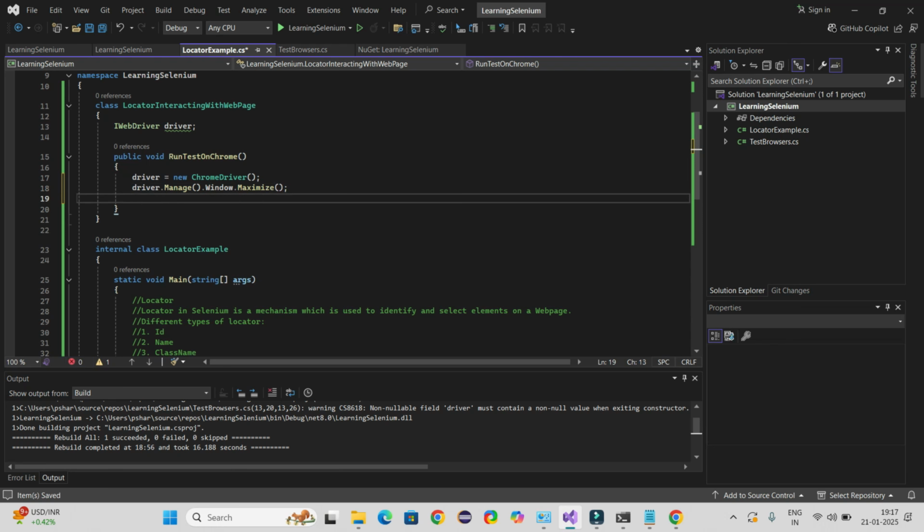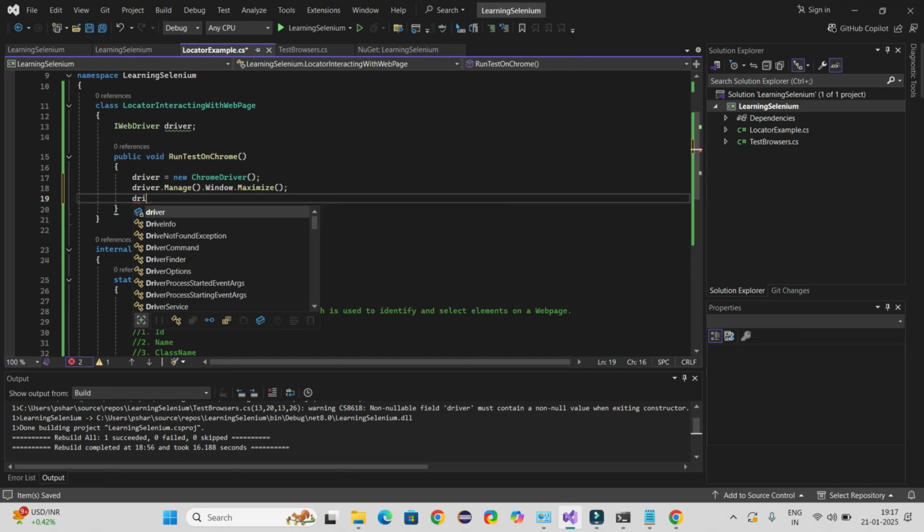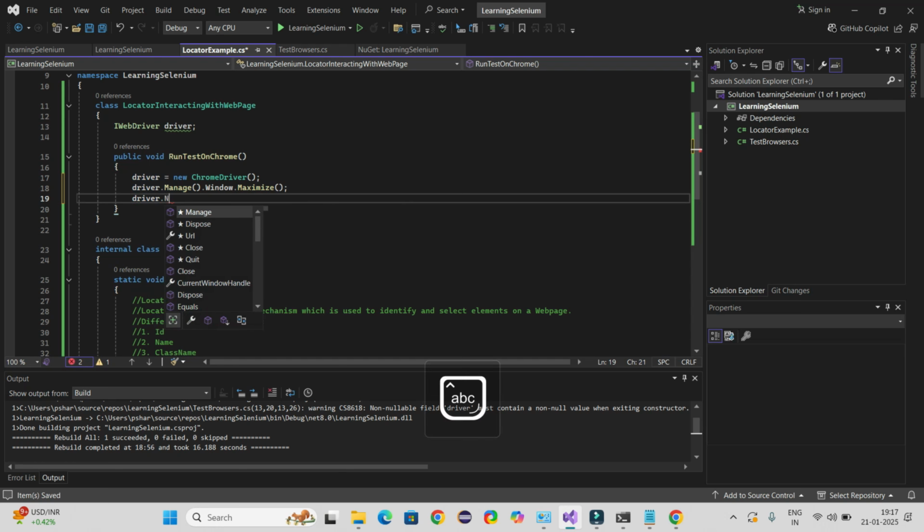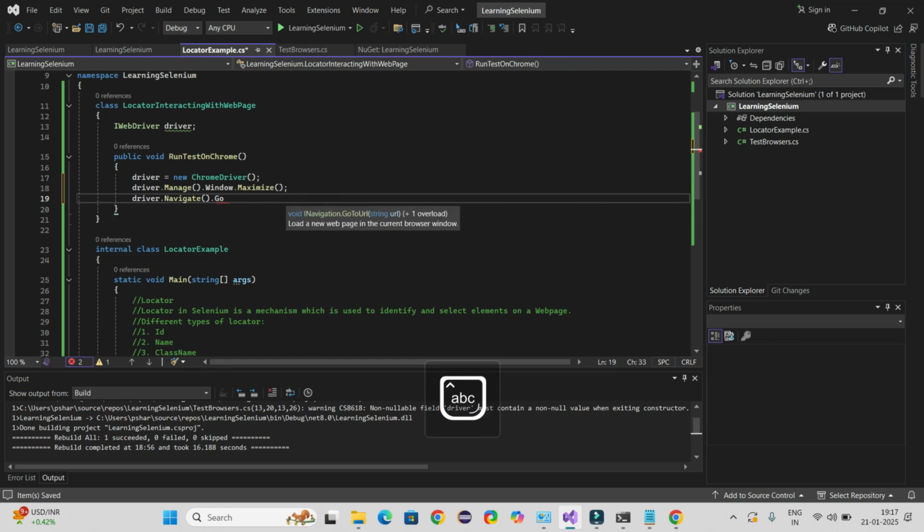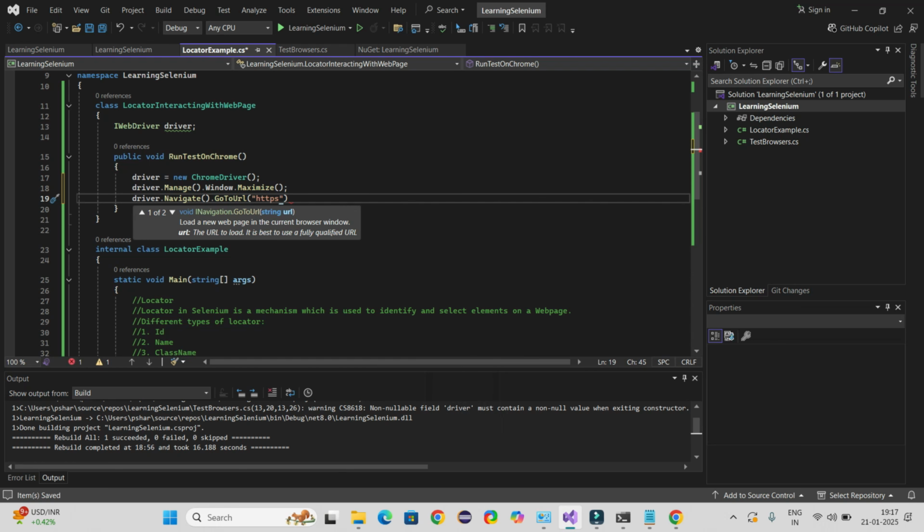Alright, once this is done, I want to navigate, the navigate dot go to URL, then here I can give the URL for Facebook. After navigating,